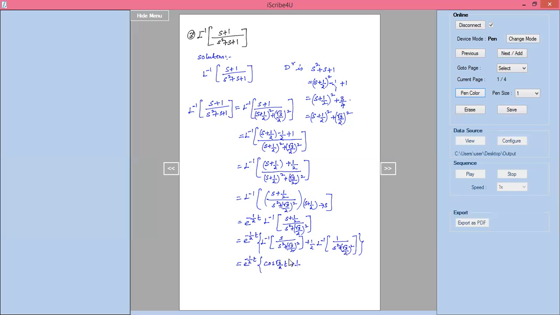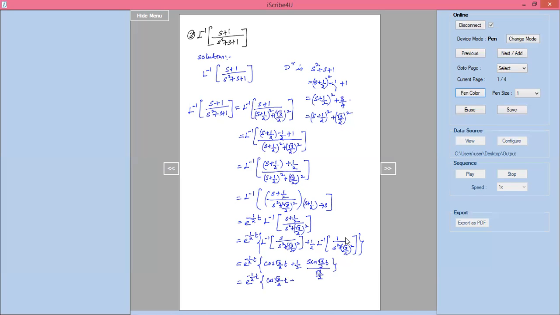Plus 1 by 2 into, this one should be a by a square plus a square. We know that a by a square plus a square, a is not there, so I'll write this one as sine root 3 by 2 into t divided by a. A is nothing but root 3 by 2. Now, if we simplify this, we'll get e power minus 1 by 2t into cos root 3 by 2 into t